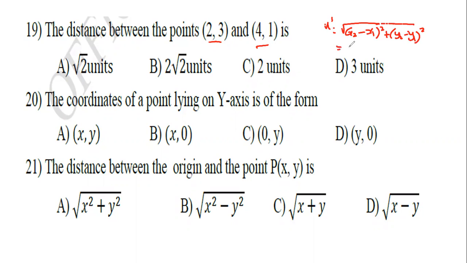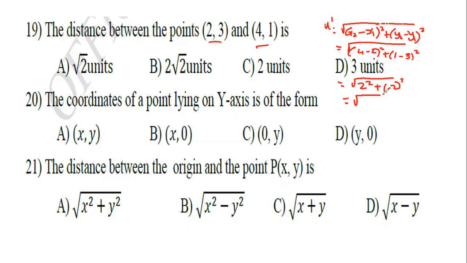So the value of x2 is 4 minus x1 is 2 whole square plus y2 is 1 minus y1 is 3 whole square, which is equal to square root of (4 minus 2 is 2) square plus (1 minus 3 is minus 2) whole square,